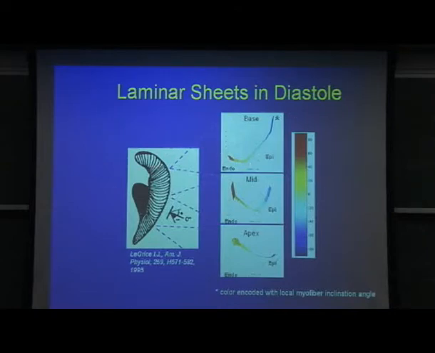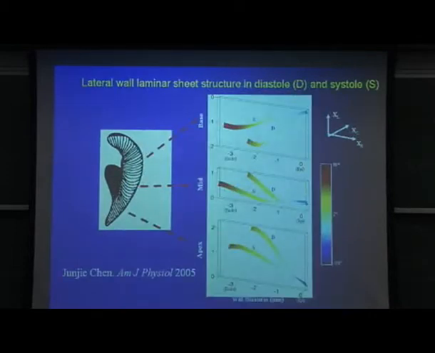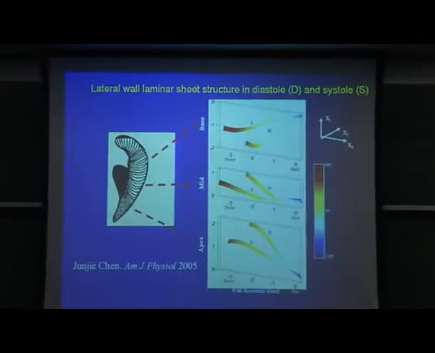They have some bends and they have some folds in them and so forth. At the midwall they look kind of like this, and the apex they're looking kind of like that. So now you can look at these higher ordered structures in the heart rather than just the fibers. And the interesting thing about doing this is that, as Junji Chen showed recently in the American Journal